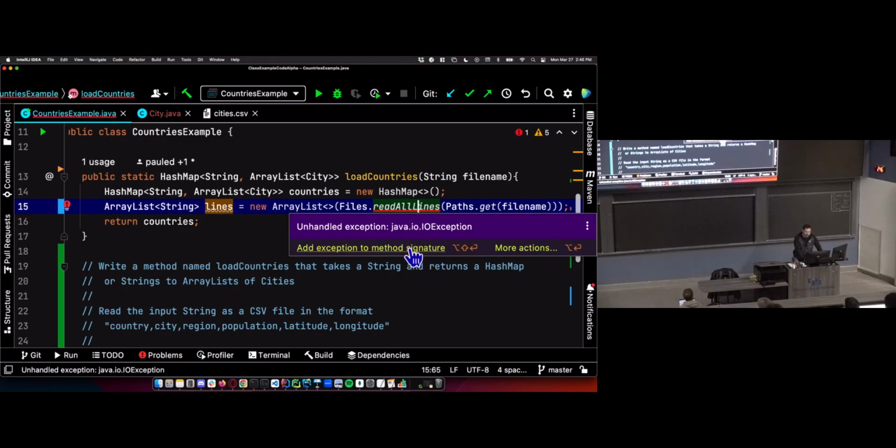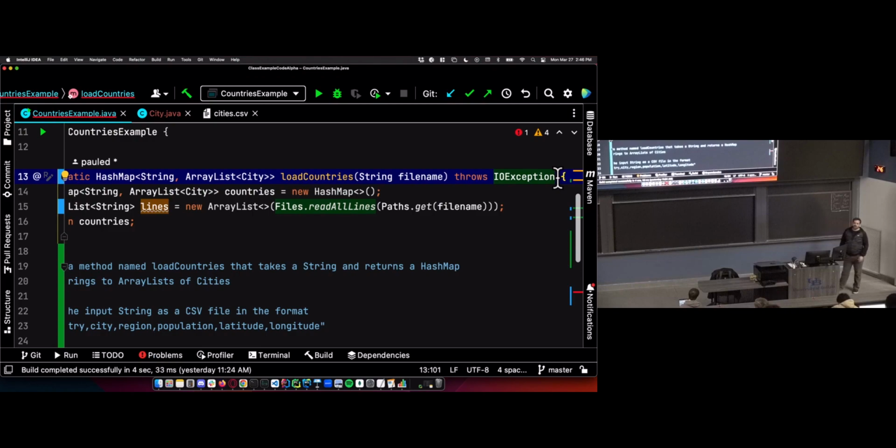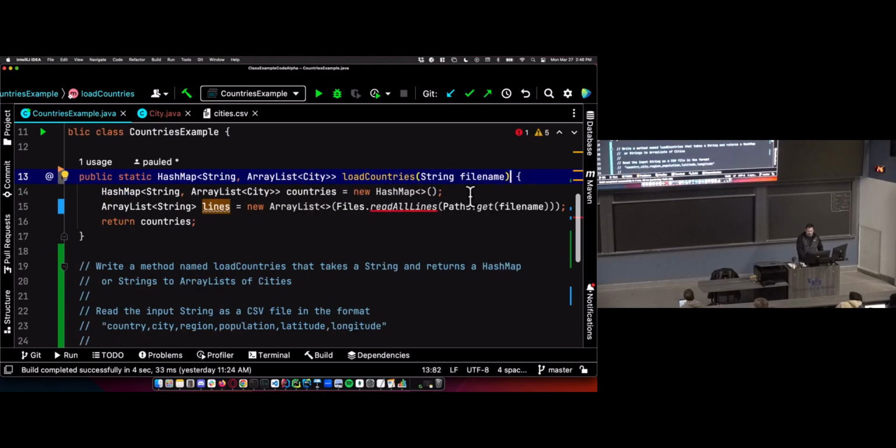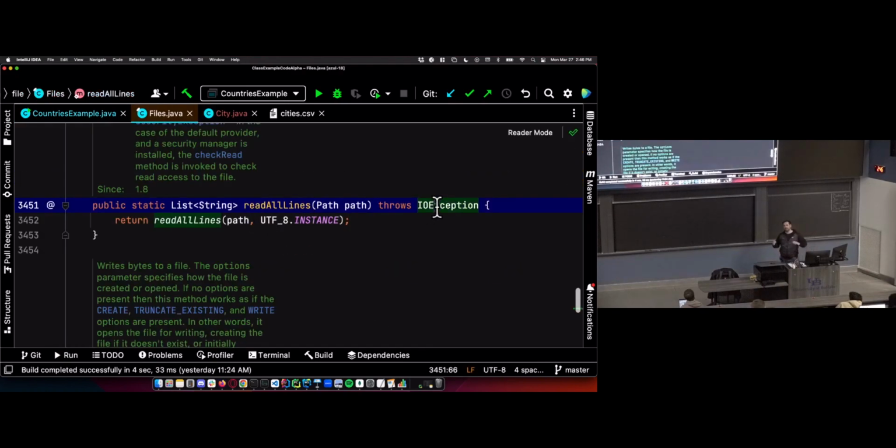The very first thing it'll suggest for this error, and I swear when I see this in office hours, I don't know what I'll do yet. Depends what mood I am that day. But if you do the autocorrect, it's going to add this throws IOException, which means I know this code throws an exception. I'm not going to catch that exception. I'm just going to throw it to the stack frame that called this method. And then the program's going to crash because that stack frame isn't going to catch the exception either. Don't do that. Do not just say throws in your code. For what it's worth, that's what readAllLines does. It throws an IOException, and that's why Java knows that you expect this exception to be thrown.